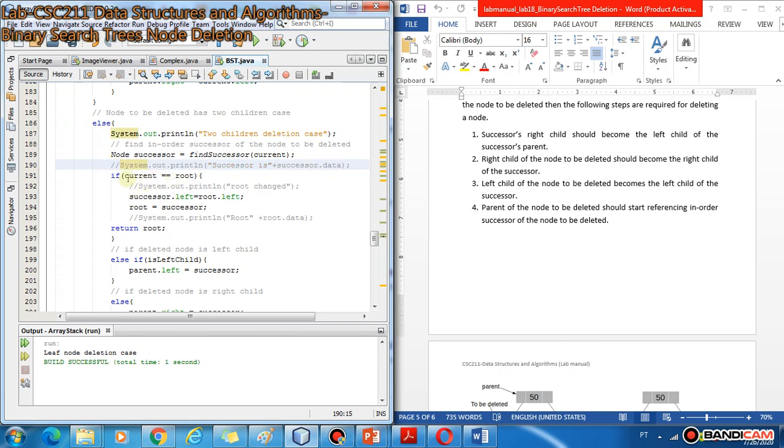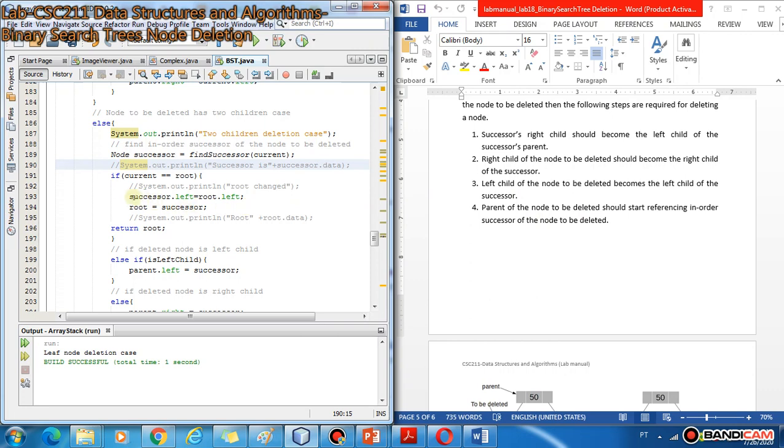So now we check if current is equal to root, that is, if the node to be deleted is the root and it has left and right children, meaning you want to delete the root of the binary search tree which has its left and right subtrees. So you already found the successor, and you implement this third point: the left child of the node to be deleted becomes the left child of the successor.